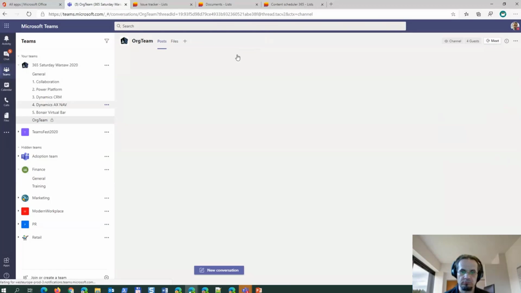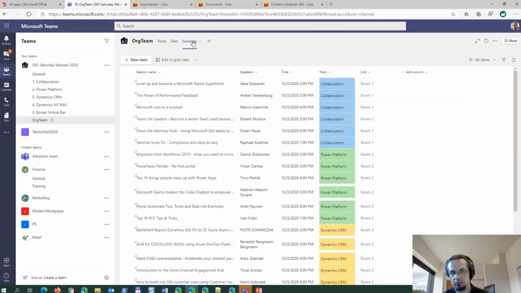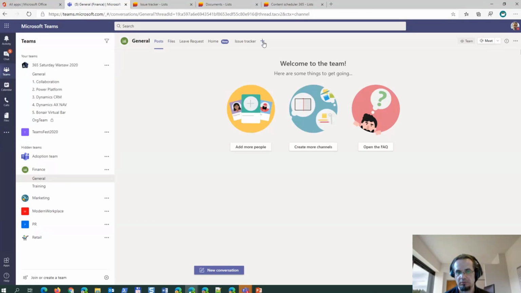And I will show you the sessions. Okay, predefined this. We used this Microsoft Lists app for Teams to build our schedule for this event with some formatting options. And it's cool. It's really cool because now we can use a SharePoint list inside Teams in a very, very easy way. We don't need to know. Before, or without this Microsoft Lists app,